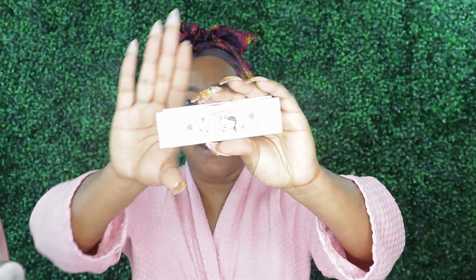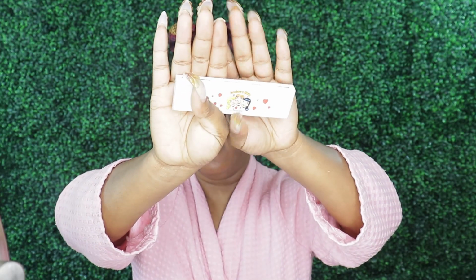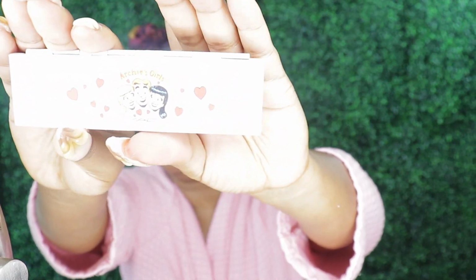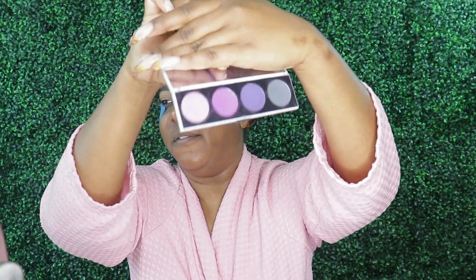So now that we have that, what are we gonna do now? We are now going to go in with an oldie but goodie, y'all. An oldie but goodie, for real. It's my first ever purchase, this Archie Girl 4, I guess, quad palette, as you would call it. Let's see if y'all can see it. This is for real an oldie but goodie, and y'all, this is like my first ever